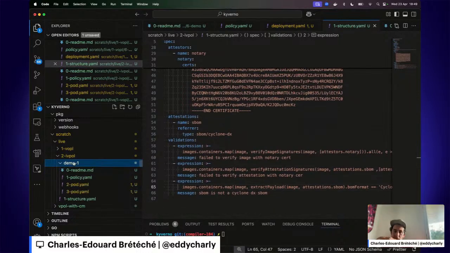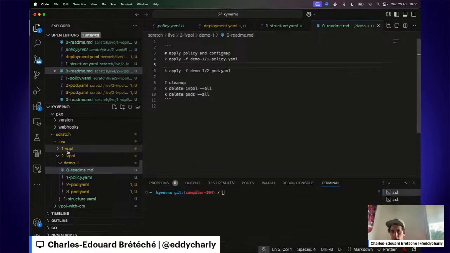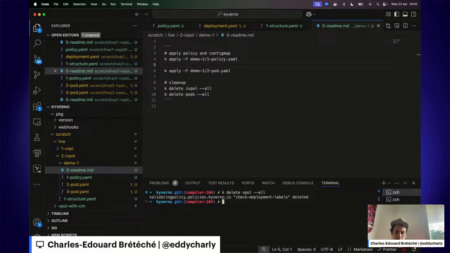So we can have a quick demo. I think we are a bit late on time, but we should be good. I will delete all validating policies first. Eventually deployments, if we have.